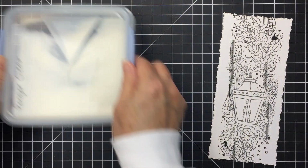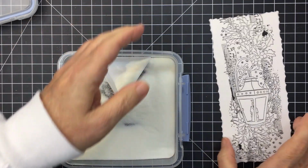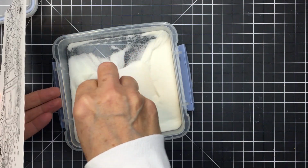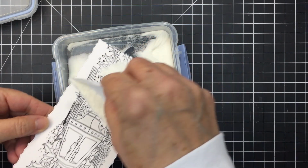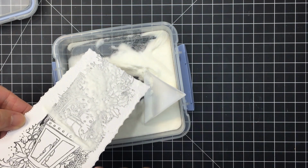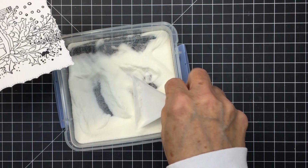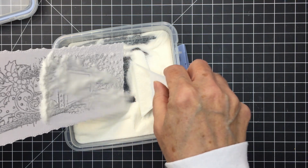Now, what I've done so far is I die cut out my mixed media paper, my heavy cardstock, with that slimline die, and I stamped out that lantern image with some VersaFine Clair Nocturne ink. And now I'm just putting some clear embossing powder over top of the image, and that's just going to allow me to melt that embossing powder and create a really nice shiny image to work with